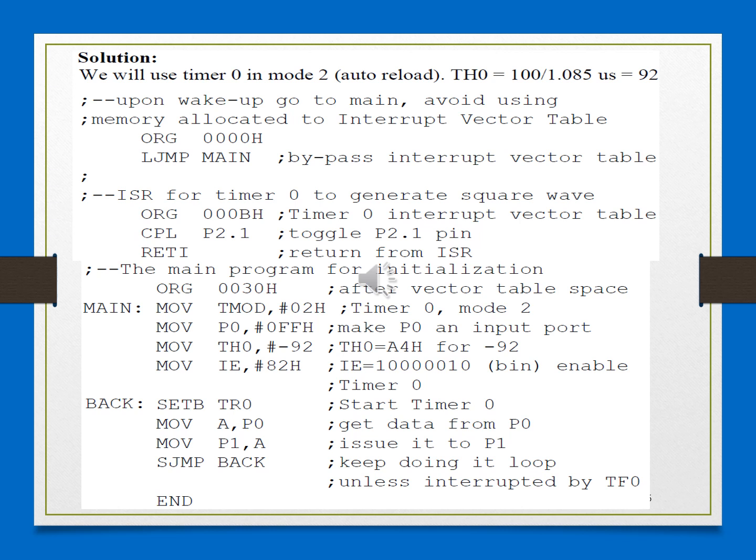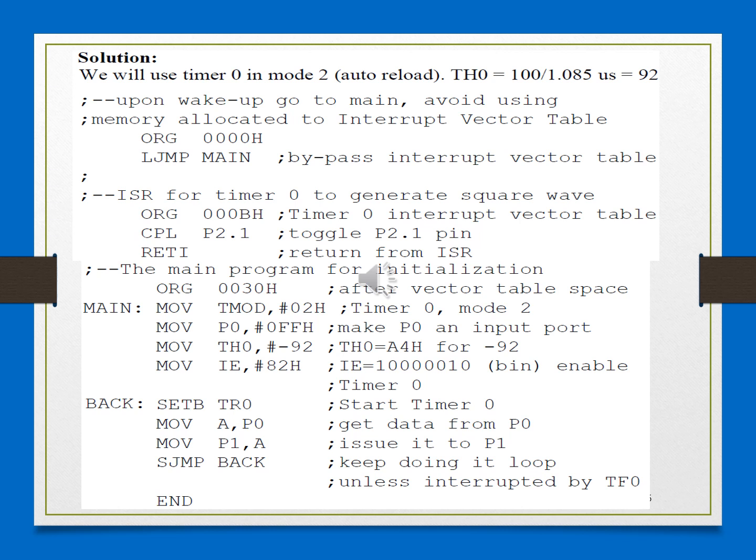Then you are loading the initial value minus 92, or A4H, which means you are using timer 0 to generate a delay of 100 microseconds. Then you are loading the IE register with 82.